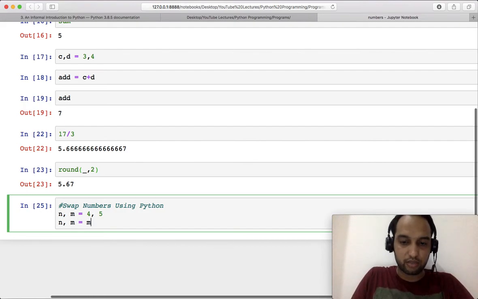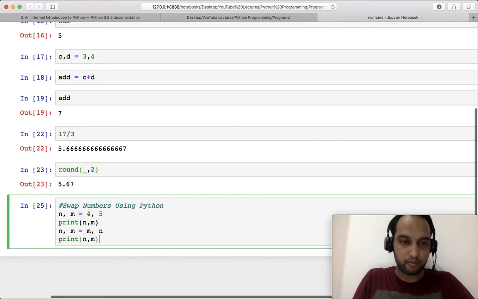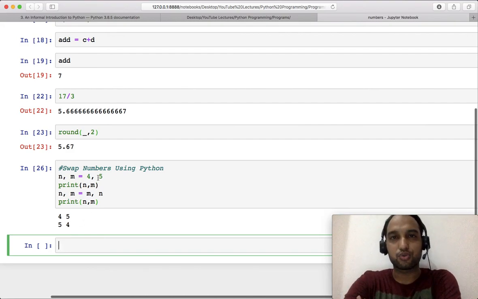Now let us try to do it in Python, and it is just one line. Can you see it? Try to print it before swapping, and try to print this statement after swapping, and now see the output. It is 4 5 and the other is 5 4. So you can understand how easy it is in Python to swap two numbers, and you will see many such things in coming lectures.